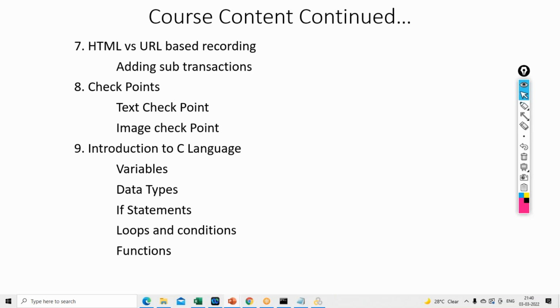Then the most important module, introduction to C language. Most performance testing interested guys ask me this question: how much coding is required to learn performance testing? Here, coming to LoadRunner, the very basics of C language is mandatory. I'm not saying no coding is required at all. No, it's not like that. The very basics of C language is mandatory, and we will discuss a little bit